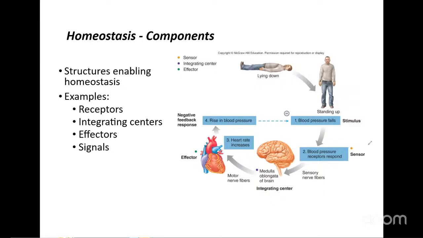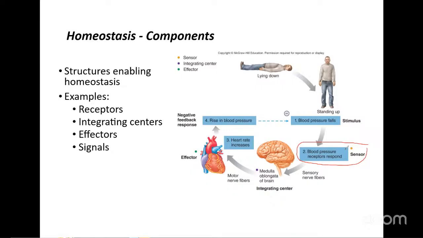And then we have our first body system involved. So we're going to have some kind of sensor. In this case, we have blood pressure receptors that would sense that the blood pressure has dropped in a lot of the important regions of your body, right? So like your brain, like your heart. So we sense this change, we sense the error signal, and then we're going to send a signal from that